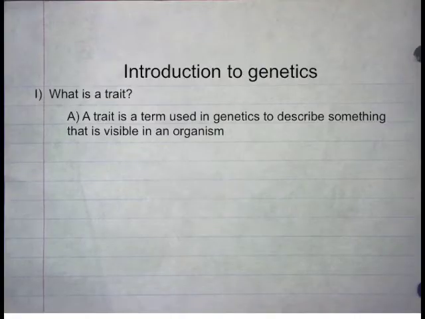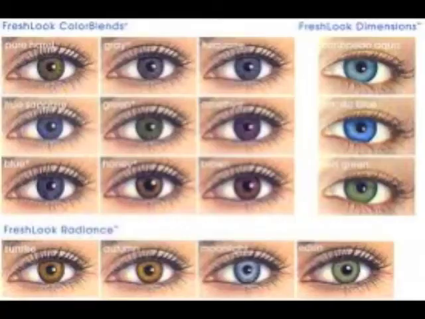A trait is a term used in genetics to describe something that is visible in an organism. Whenever we describe a person's features, we're actually describing their traits. For example, if they have brown hair color, we would be saying they have a brown hair color trait. Blonde hair color would be the blonde hair color trait. Everything you see is a trait, from your eye color to height,